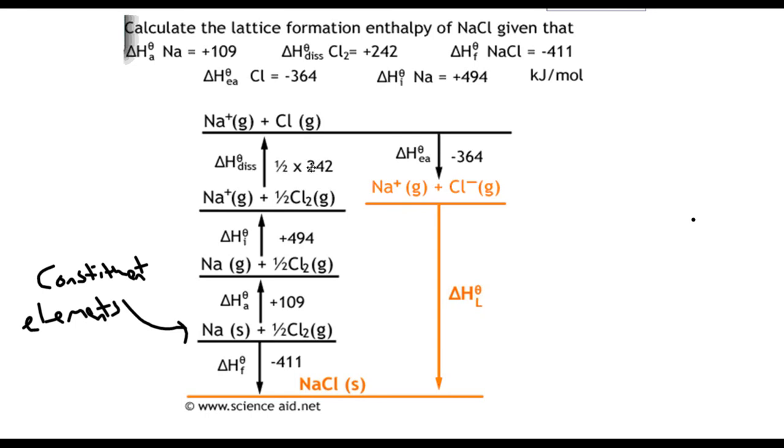Now notice you had to times that by half because we had half a mole here. We've kept the same quantities all the way up. That's important. Then we've got sodium positive at the top, chlorine not positive, nor is it negative. We need it to be negative, so we have an exothermic process here, the electron affinity, to take us down to sodium positive gas and chlorine negative gas,